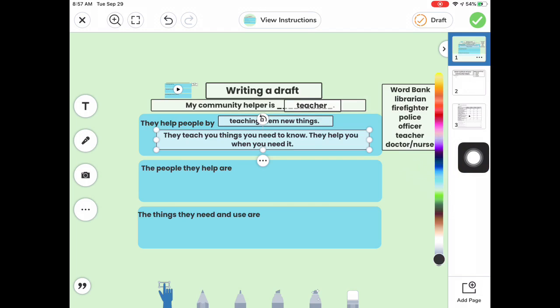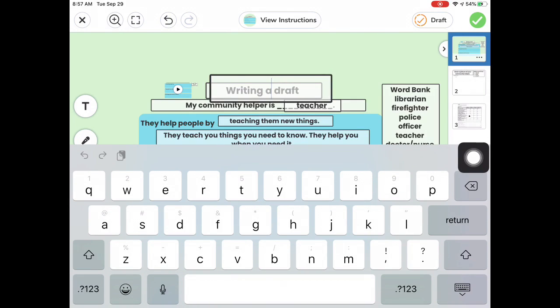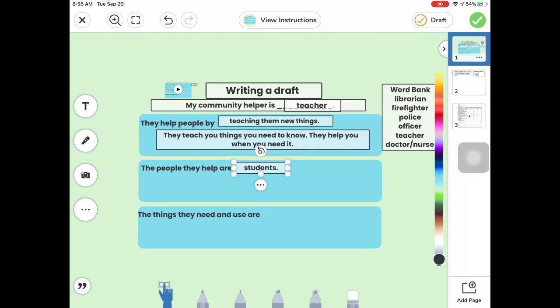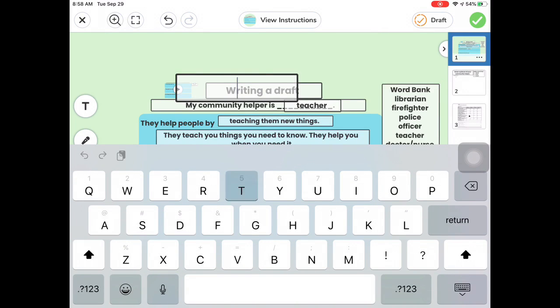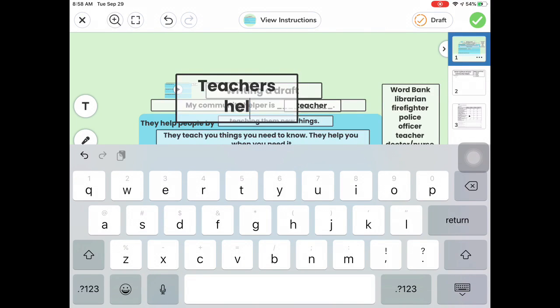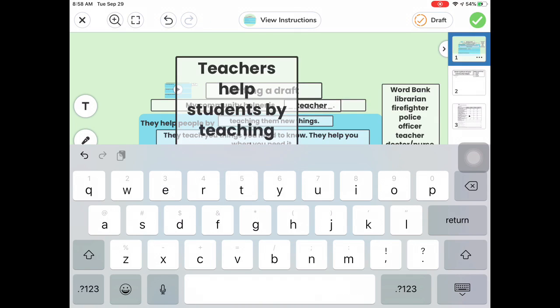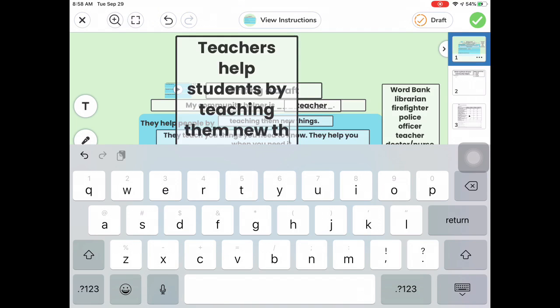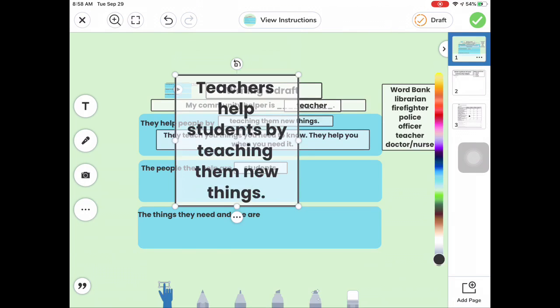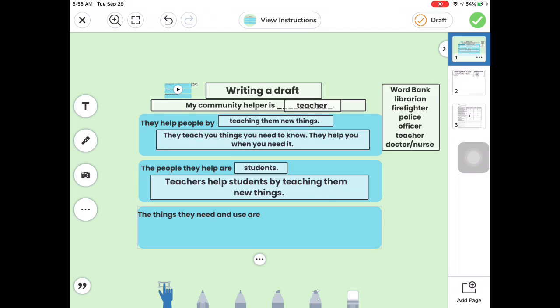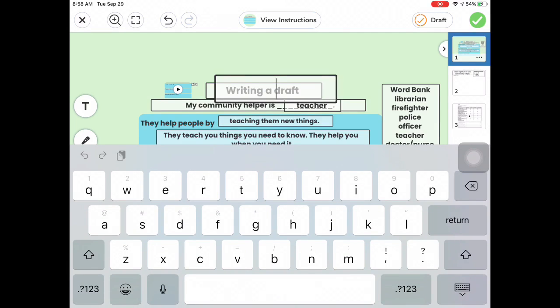The people they help are, so now I need to write the people that teachers help. So the people that they help are students, and then you also need to write how they help them. Teachers help students by teaching them new things, period. All right, the last one says the things they need and use are, and I need to write some